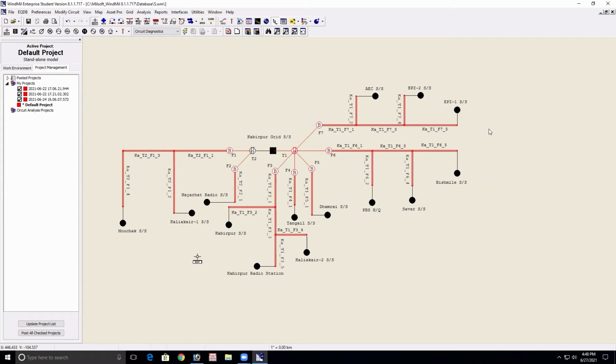Suppose the connection is now 10 out of 10, it is okay. But you are the 11th connection. So for the 11th connection, if we need to give a connection there, you need to change the transformer capacity, maybe 5 kVA to 10 kVA, 10 kVA to 20 kVA maybe. So you need to analyze your network every time.